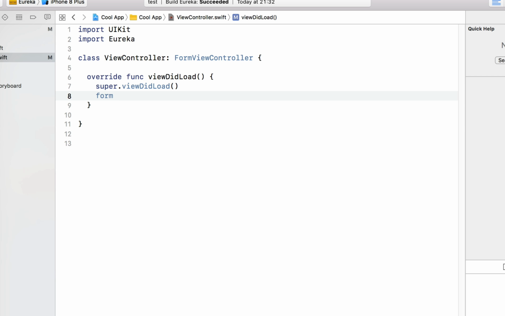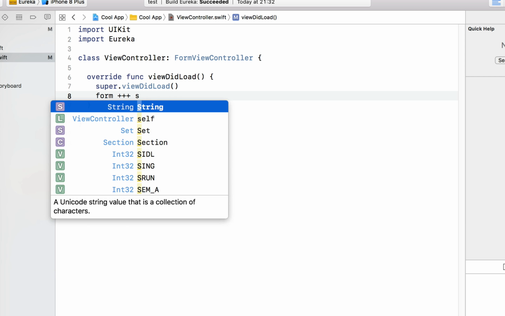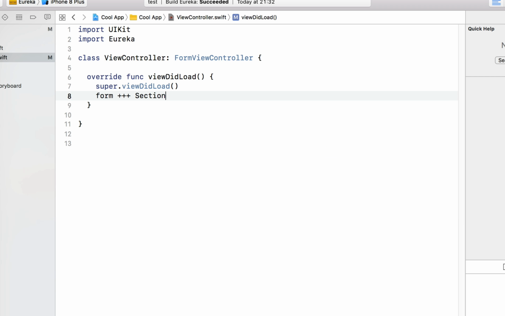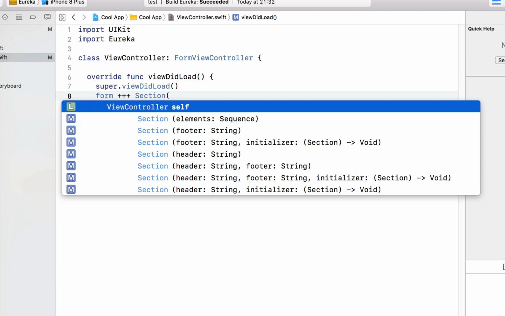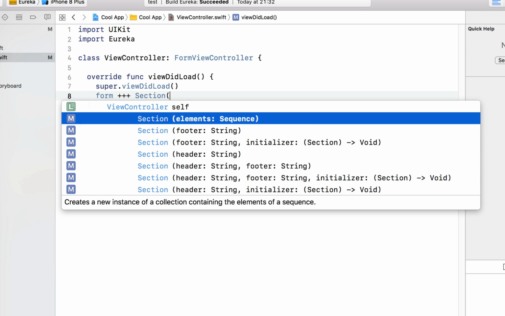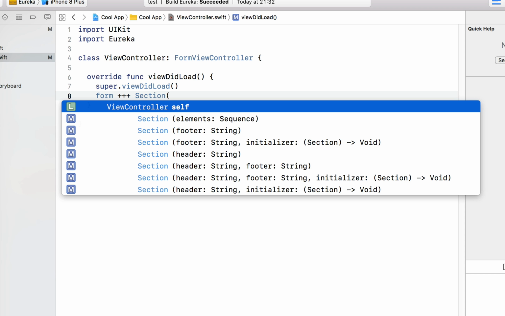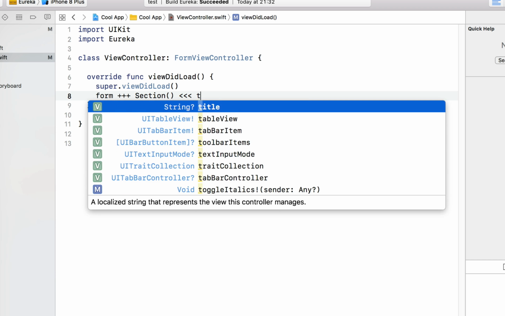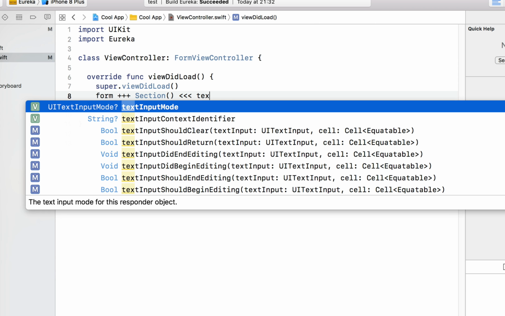So I can say in my form I want to append a section, and I can say I want to give that section a header, or I want to do something like that, but I'm just going to use the standard initializer. So I'm going to say I want an empty section, but within that section, I'm going to say I want a text row,